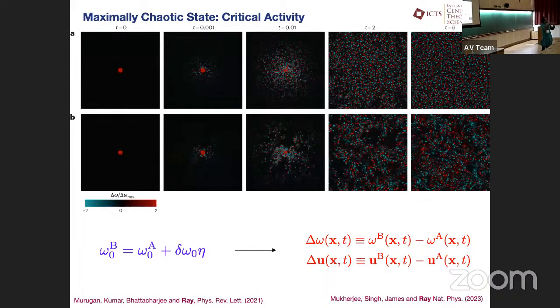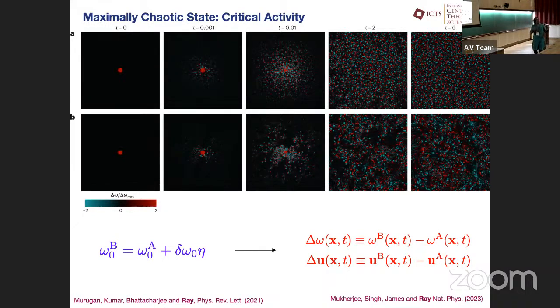We take a configuration of the bacterial field, so it's an omega field. We make an identical copy of it, but in the copy, we add a small perturbation at the center, right? So if things are chaotic, then if I subtract these two fields point by point and then integrate it, this integral should explode exponentially, right? And if things explode exponentially, I can calculate the growth, and that's the Lyapunov exponent, or the largest Lyapunov exponent, if you want to be precise in the sense of dynamical systems. And that exponent being positive means things are chaotic.